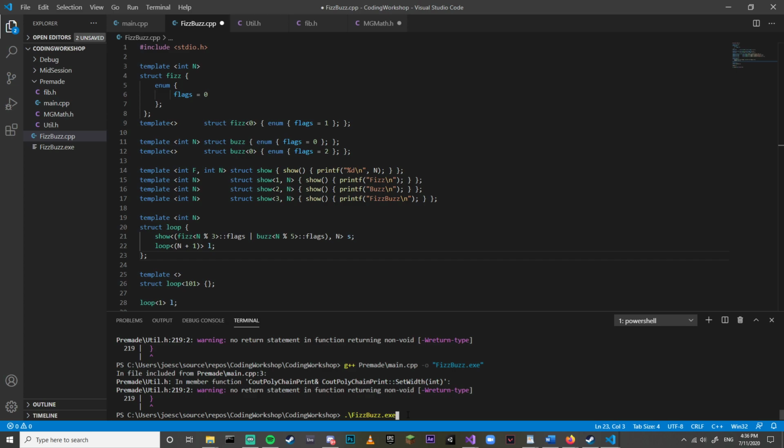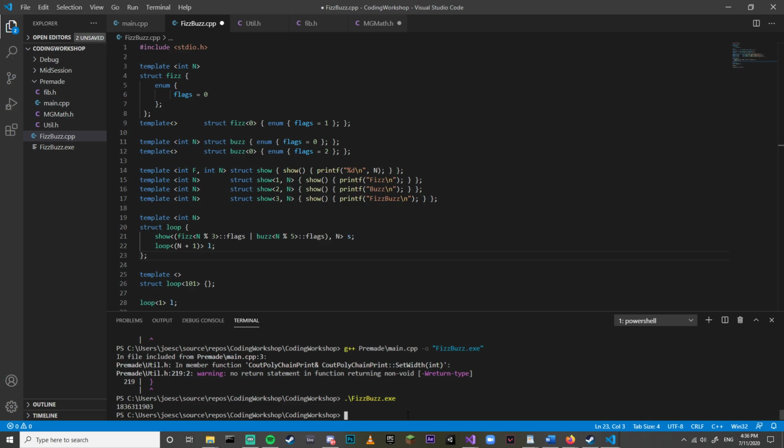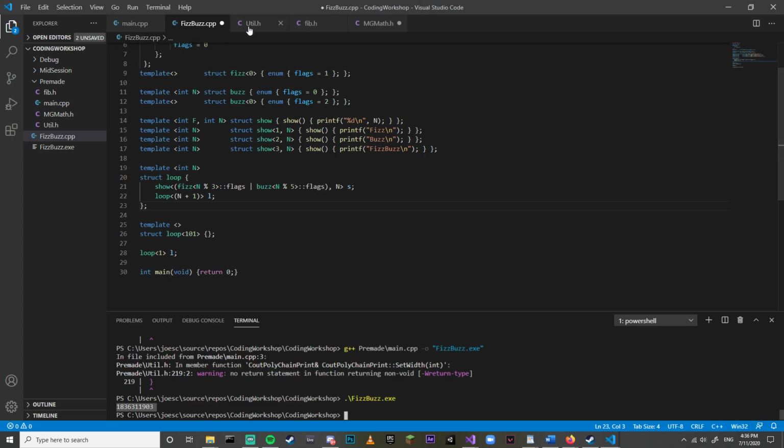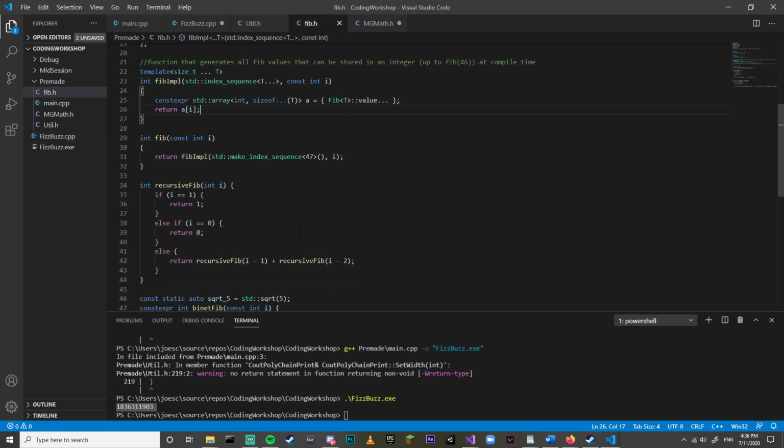I couldn't read the most bolded word on the screen. Okay. Well, there's your number. There's your Fibonacci number, guys. We did it. We calculated it with